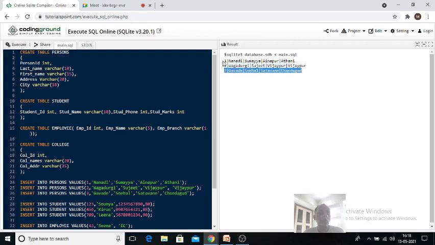Means one row means one person information. This is related to person 1. This is information related to Sumaya Nanadi. Okay, her ID, her last name, her first name, her address and her place. Means it is complete information of one person. Got it? Second row is second person's information. It is the information related to Sujit.